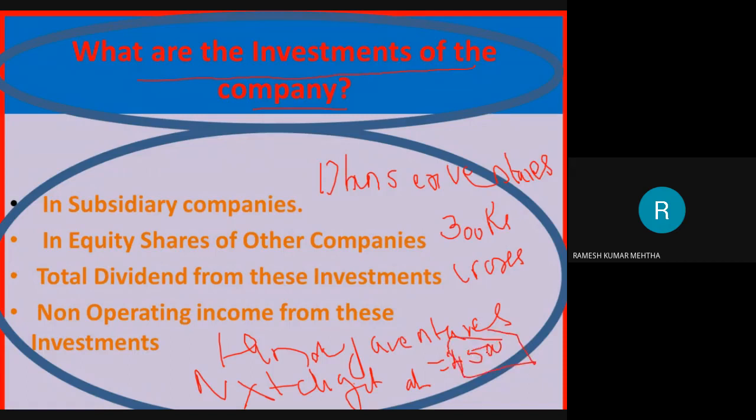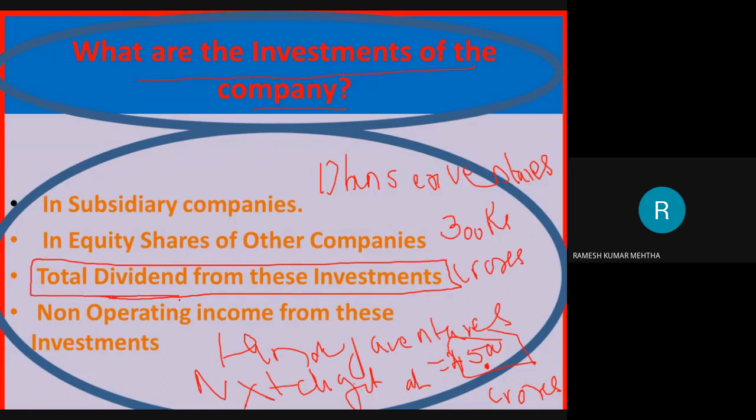These are very strong companies because whenever there is a problem, they can sell off a part of the investment and convert it into cash. And because of this investment in subsidiaries, group companies and other companies, there is other income for these companies apart from the regular income, which is called dividend from these investments, or non-operating income. So look at these companies.